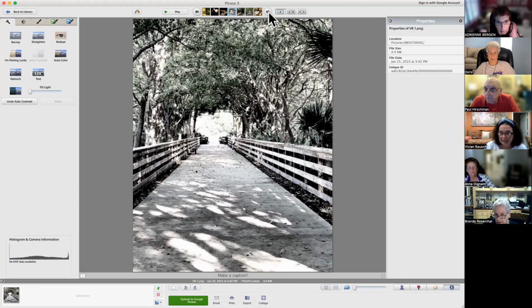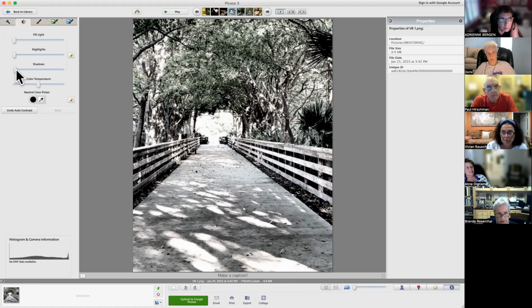Bring this picture with you and tell them, how do I take that white? That's the entranceway going into the light. How do I take that? And Adrian, what would happen if you took the exposure all the way down in the whole picture? I don't think that's an answer, but